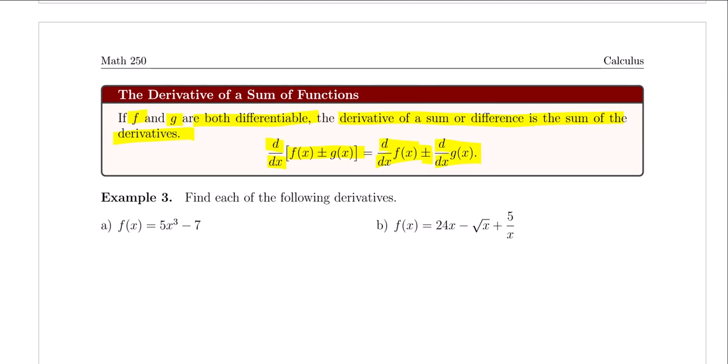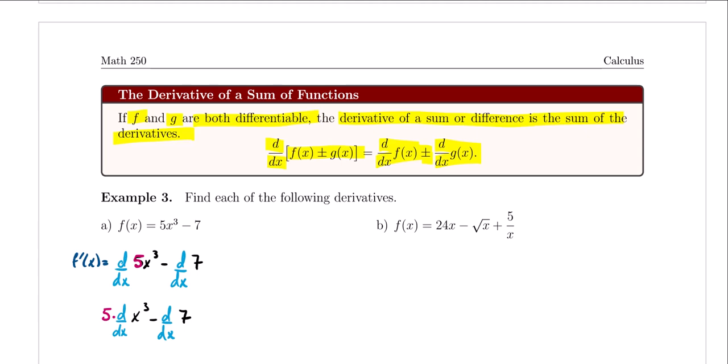Let's say we're given f of x is equal to 5x cubed minus 7, and we want to find its derivative. All right, so let's see. We're going to get f prime of x is equal to the derivative with respect to x of 5x cubed minus the derivative of 7. All right, now for the derivative of 5x cubed, notice that the 5 is a constant, so we can take it outside of the derivative, and that's just going to give us 5 times the derivative of x cubed minus